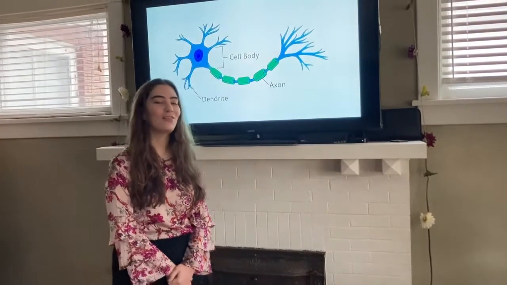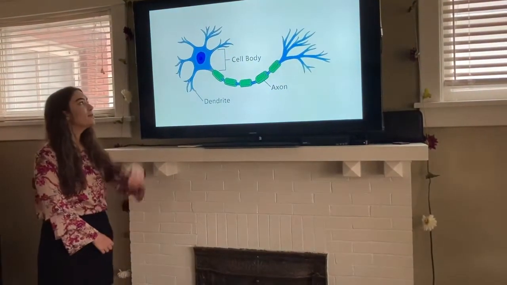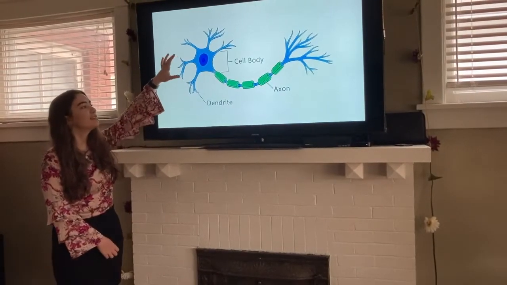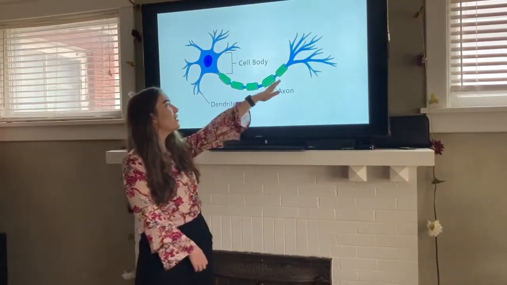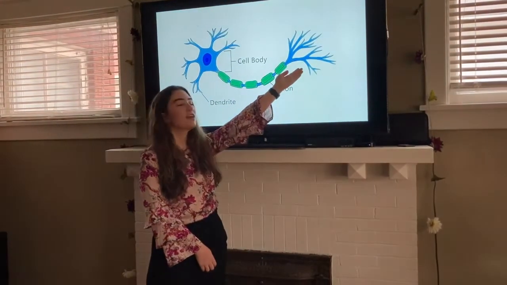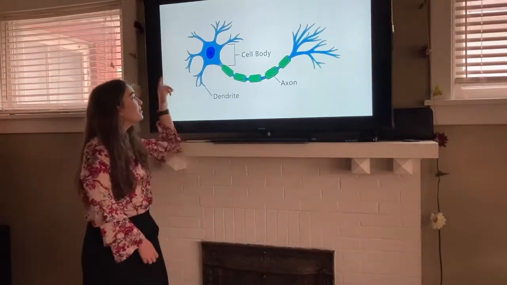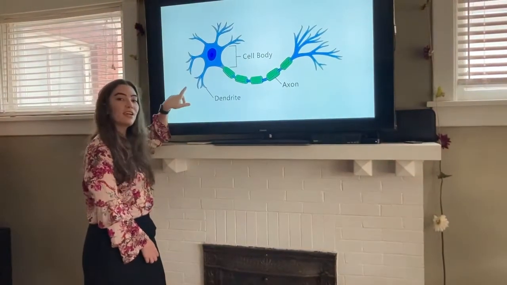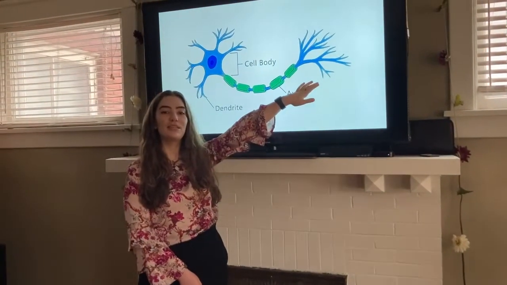Thanks, Anna. First, let's start off by looking at a healthy nerve in a normal person's body. In a healthy person, the nerve has a cell body with dendrites on one end, connecting down to a long axon, and then the axon terminals at the end. The nerve signal is received at these dendrites, through the cell body, down through the axon, and is transmitted to the next nerve